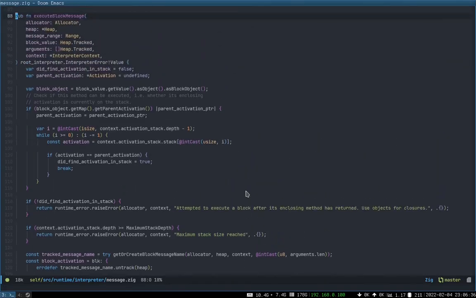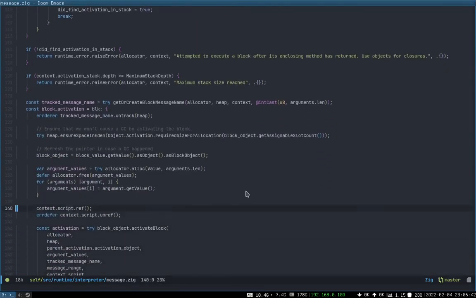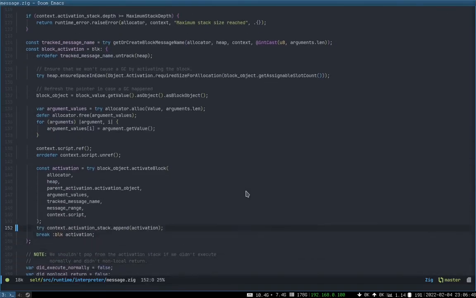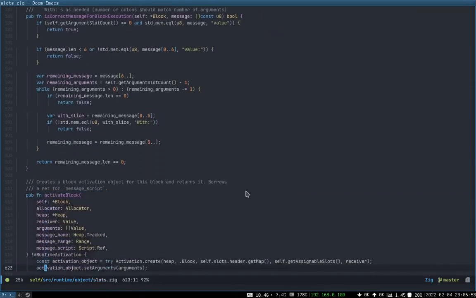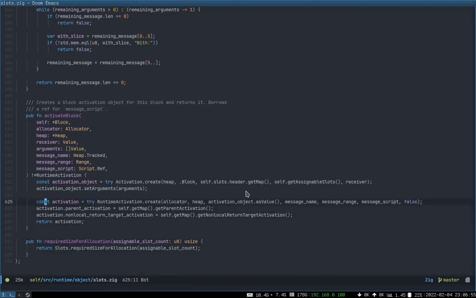So let us say that we have, okay, where were we last time? Yeah, okay, so we create the block message name and we say, okay, so activate block currently creates a runtime activation object. What we need to do here is, instead of doing this ourselves,